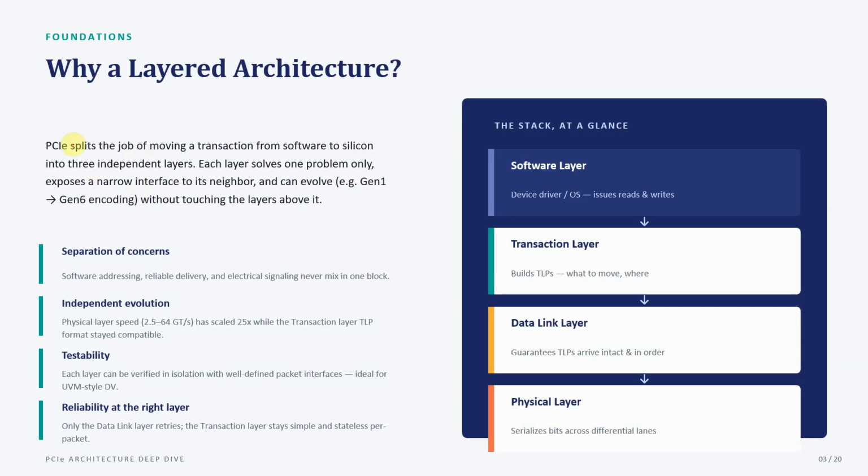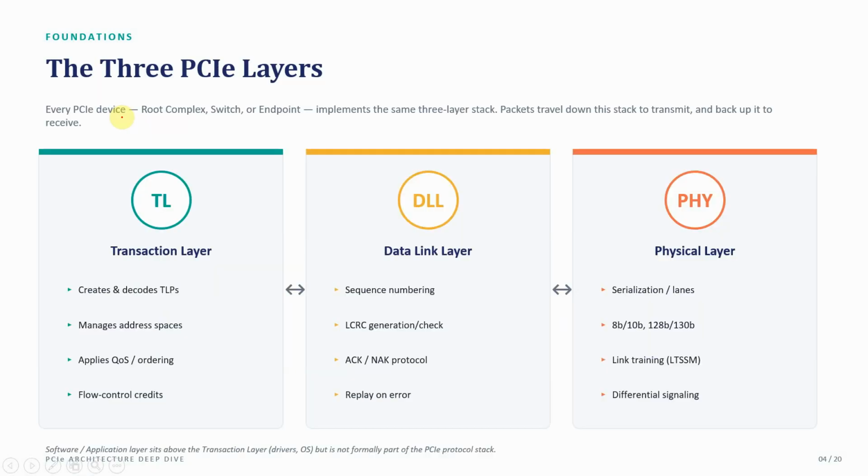so coming to PCIe, basically it is going to have different kinds of layers. One is the transaction layer and another is the data link layer. Next is the physical layer. So let's say I have a master and a slave like this. Now this master is going to send the data or the packet through three different layers, where the first layer involved is the transaction layer, and from the transaction layer the packet is moved forward to the data link layer, and from this data link layer it is forwarded to the physical layer. So this is the flow which is going to happen, and from the physical layer my receiver is going to